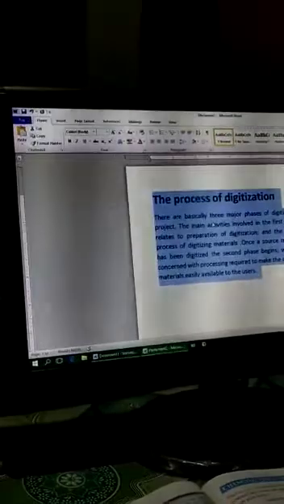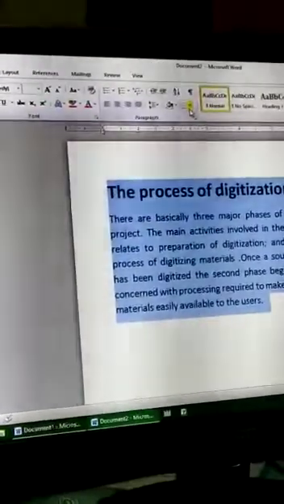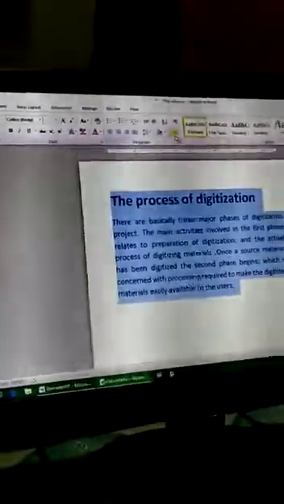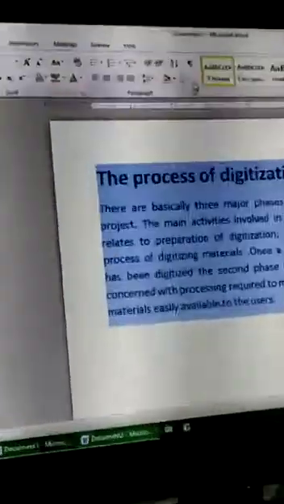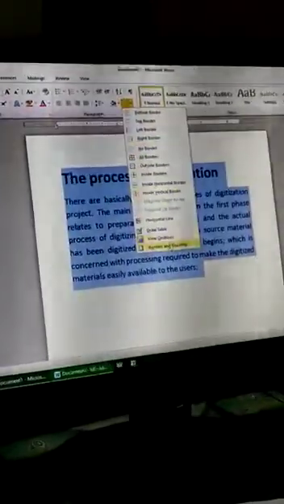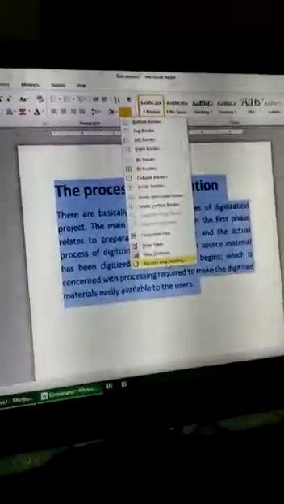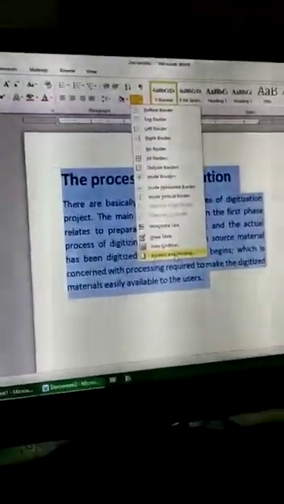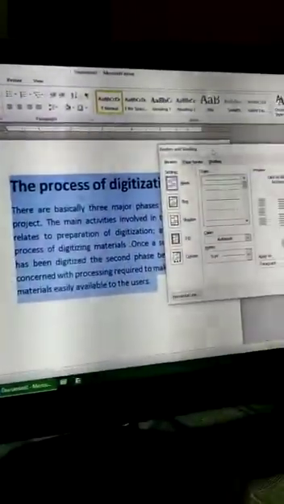After selecting this text or paragraph, click on the Home tab, click on the border button from the font group. Okay, these are the font group. You have to click on this arrow and we will find these borders. No need to click this border. You have to click on border and shading, for the border and shading window to appear. As in your book, you have to find this border and shading window.